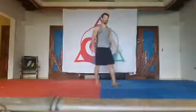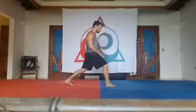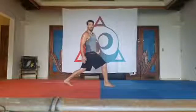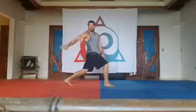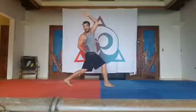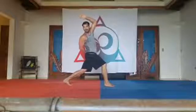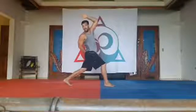Working the hip flexors, psoas muscle complex. Big step forward with the left leg, right leg back, keep the right leg straight, left leg bent, left arm behind, right hand over the top. Oh my gosh, it looks like a yin yang. One arm's up, one is down, pointing opposite directions. Let's